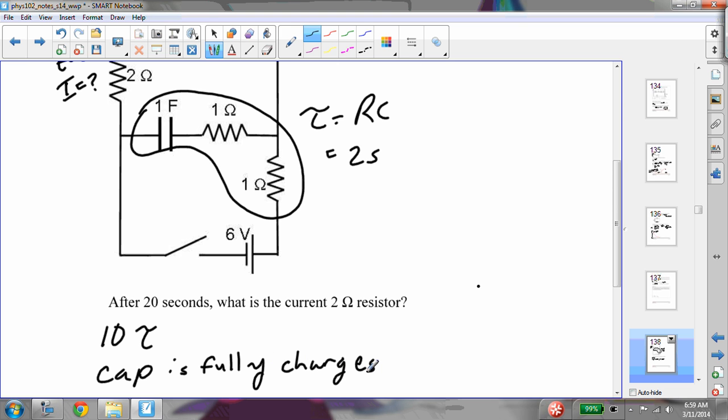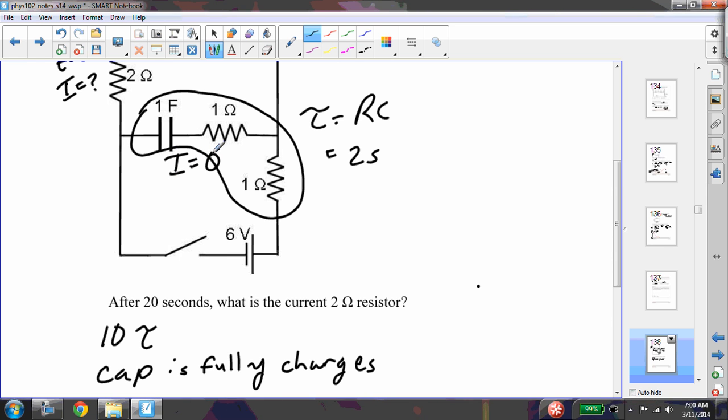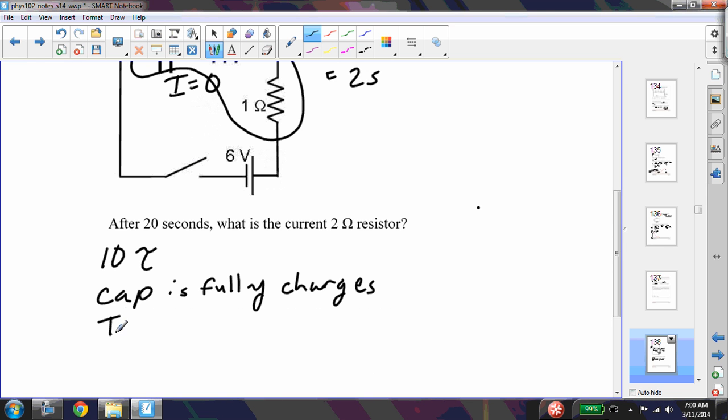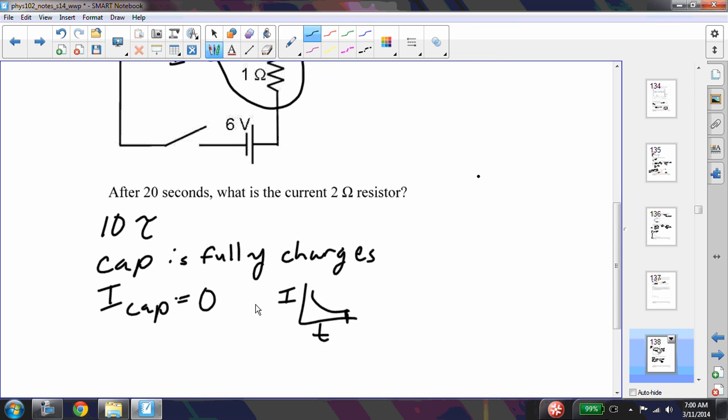And since the capacitor is fully charged, the current through this branch is equal to 0. So the current through the capacitor is 0. Remember that plot of I versus t looks like this. And at 20 seconds, the current through that capacitor branch has gone to 0. Okay, so now if I want to know what is the current through the 2 ohm resistor, well, this becomes